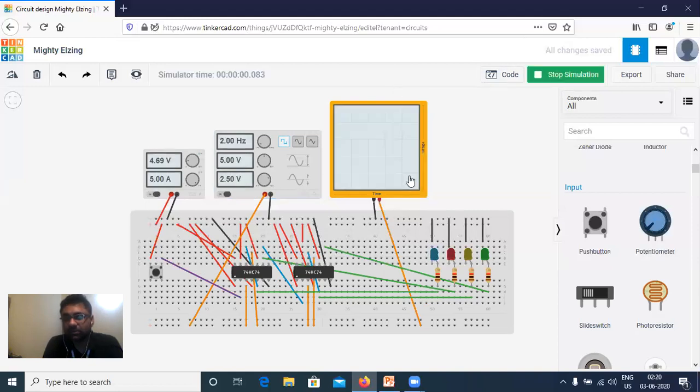Start simulation. Blue, then red, then yellow, then green.